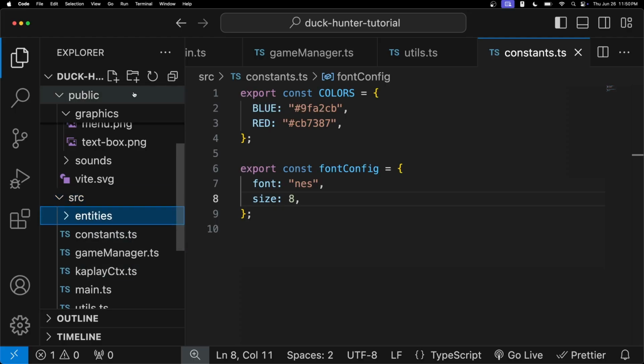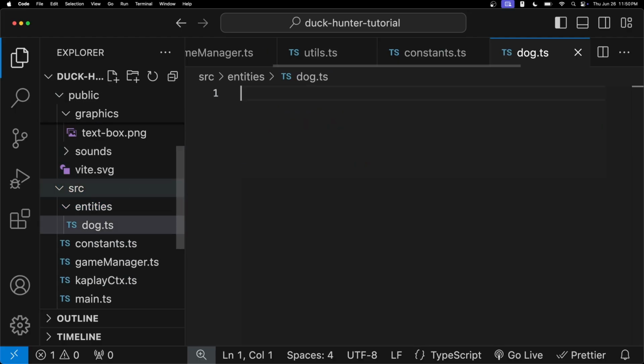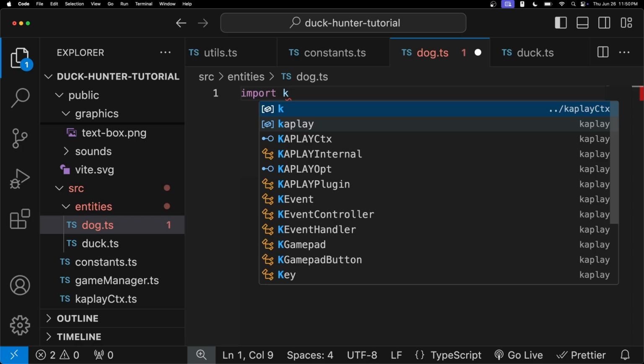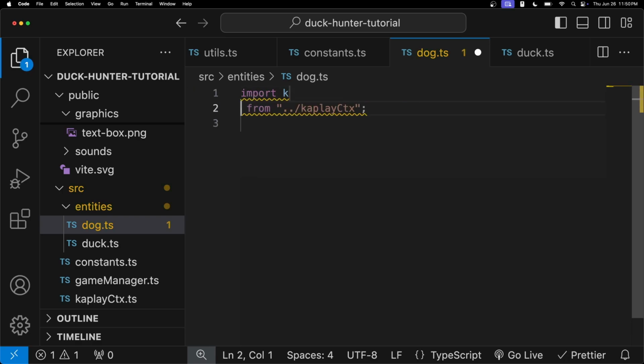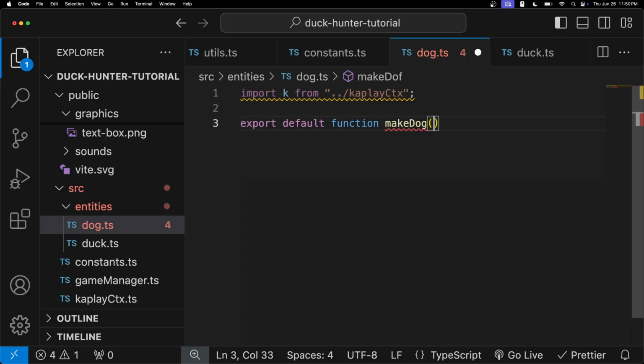This folder is going to be called entities, and let's have two files, dog.ts and duck.ts. So let's go to dog.ts. Let's first import our context, KAPLAY context, using import k from KAPLAY CTX. Let's define our constructor, which is going to be a function that is going to be responsible for making the dog. Here I'm going to just call a function, call it make dog,